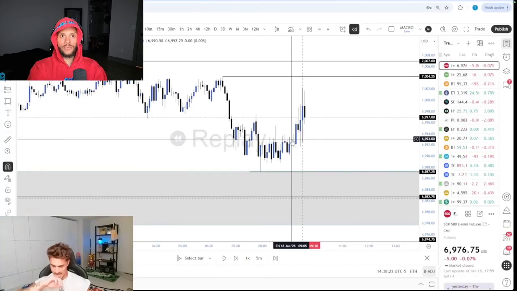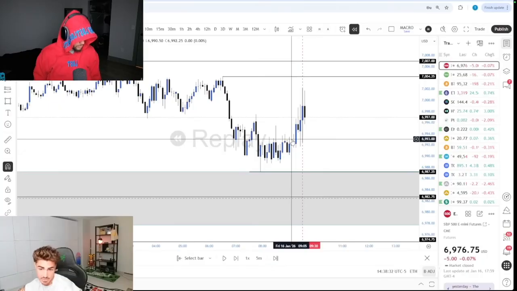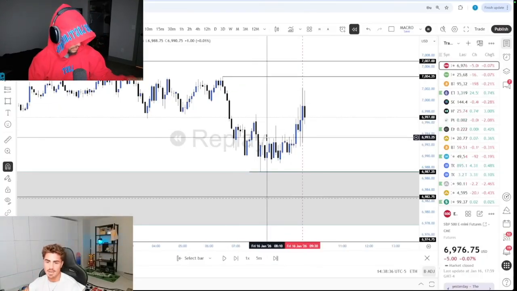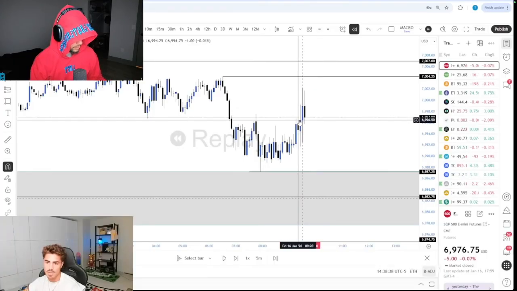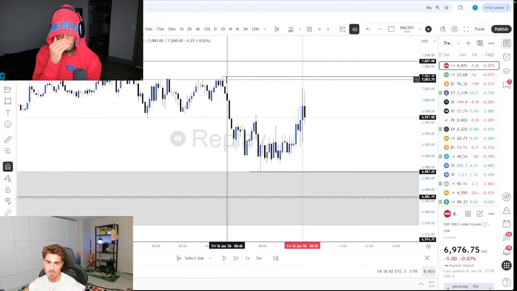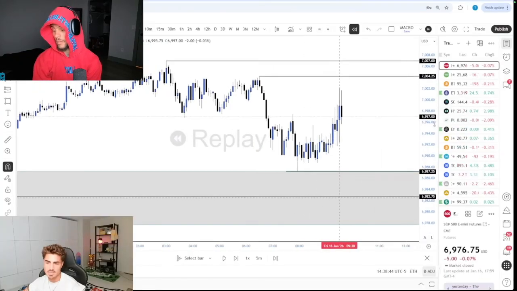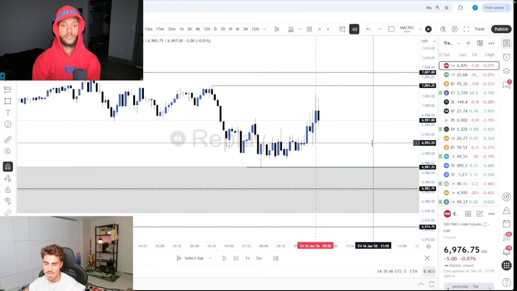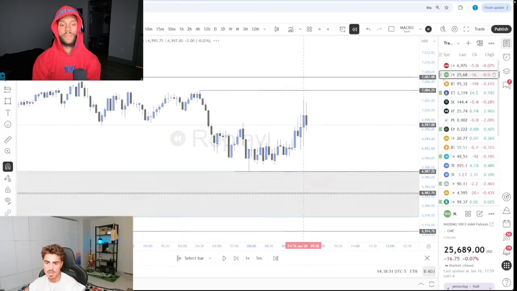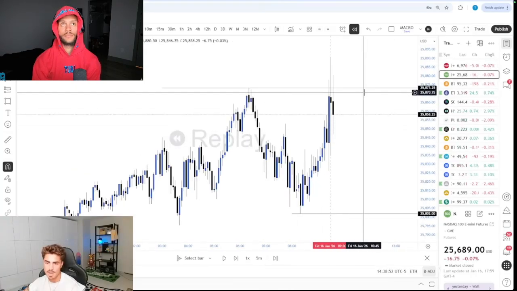So as well as taking into account the high time frame order flow, which at this point in time is bullish, we also want to take into account the low time frame order flow. So I'm looking at the 5-minute and I'm saying this is bullish. We haven't broken structure to the downside yet. For me, even though we're making a bearish SMT divergence, I want to see a change in order flow. Okay, I want to see a change in structure